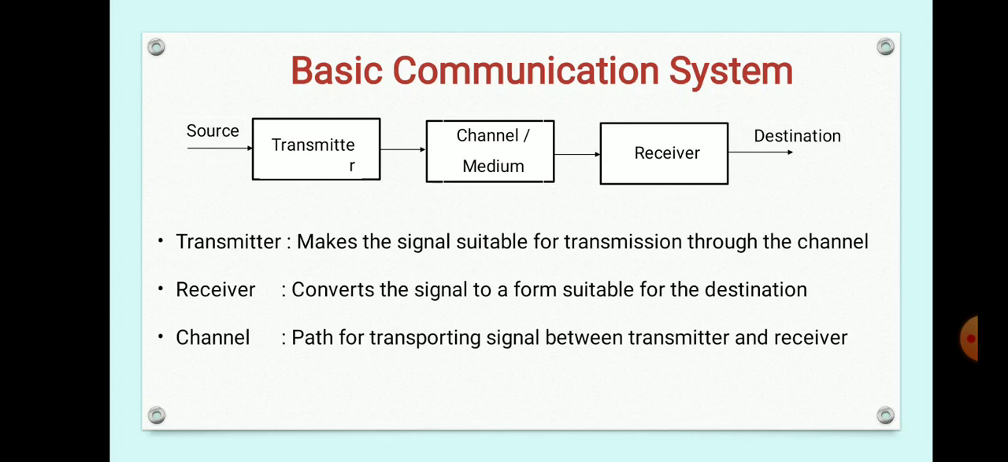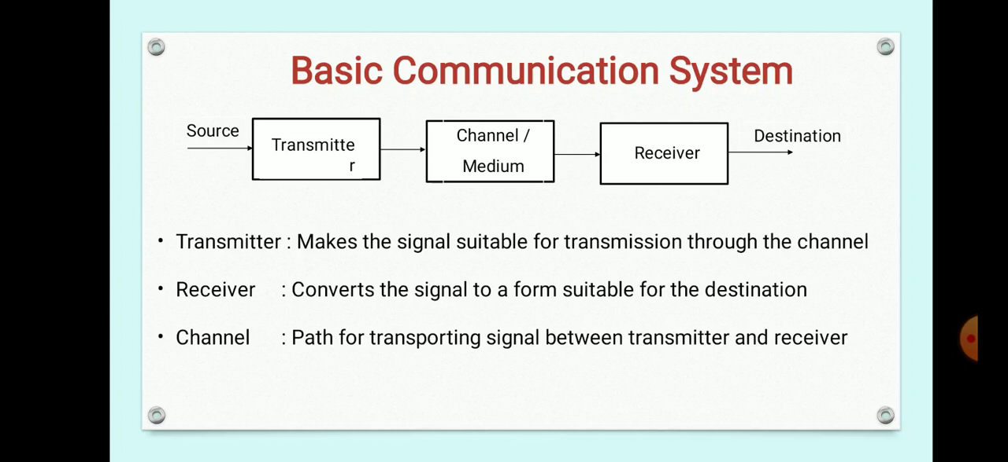So this is the block diagram of a basic communication system. Any communication system will have these 3 parts: the transmitter, the receiver and the channel or medium. Now let us see what are the functions of each of these parts in detail. So first one is the transmitter. So we have already said that